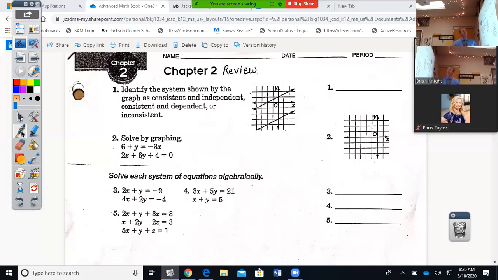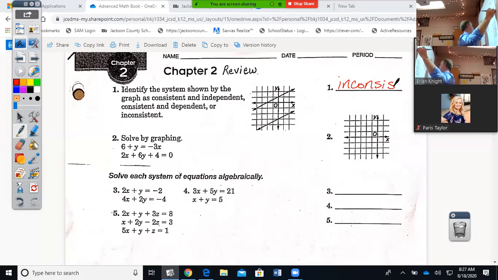All right. Chapter 2 review, matrices, systems, all that good stuff. So, number 1, they give you this graph here, and you have to identify, is it consistent, independent, consistent and dependent, or inconsistent? First off, these 2 lines here, what are they? Parallel. So will they ever touch? No. That is considered inconsistent